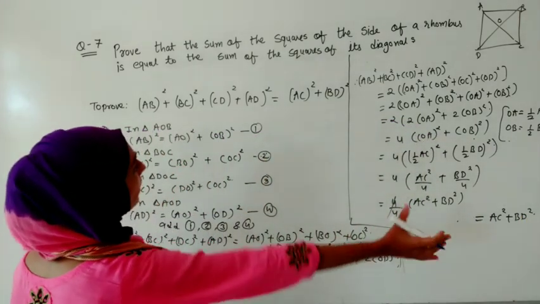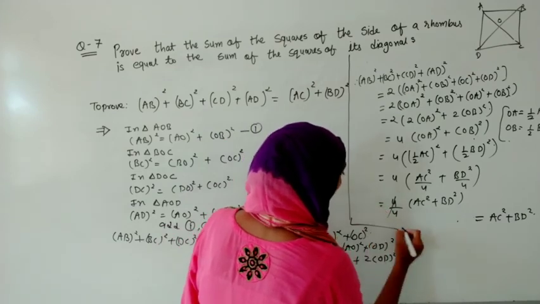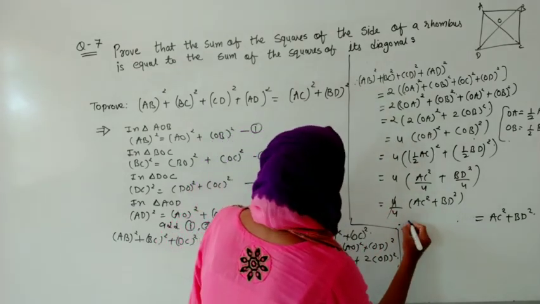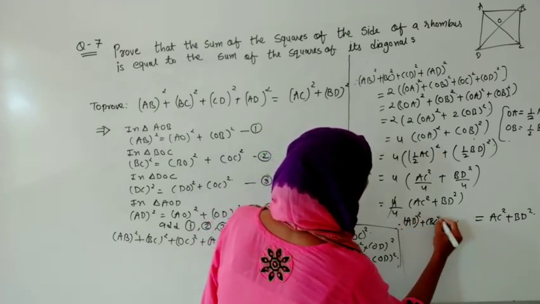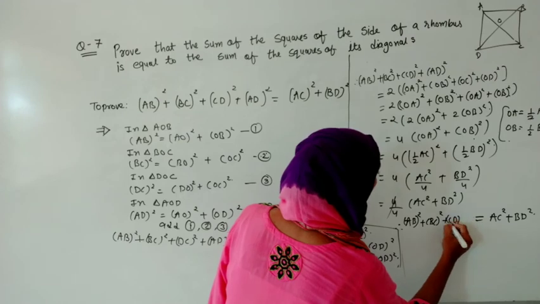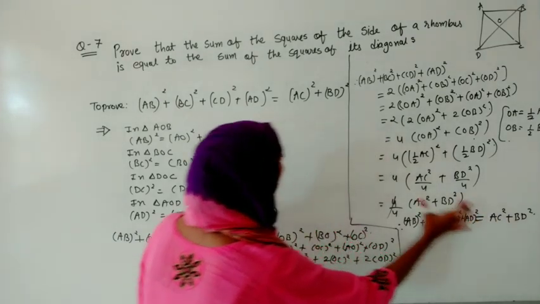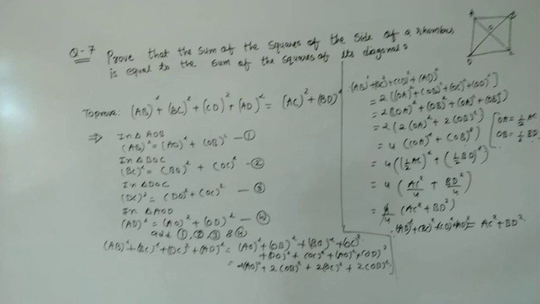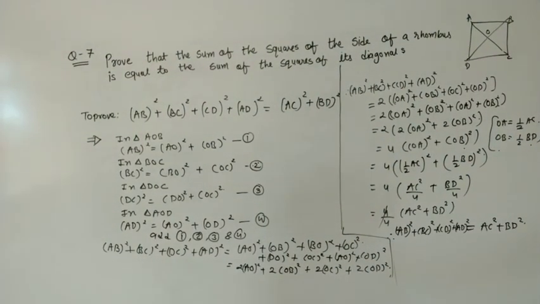And that is our right side. So the left hand side is over here, and that we have to write compulsorily because we have not continued over here. Right, now I will continue. So I will write AB square plus BC square plus CD square plus AD square, and that will be equal to this. Hence proved. This is the end of the question. I hope you understood it in a proper manner because it is very easy.